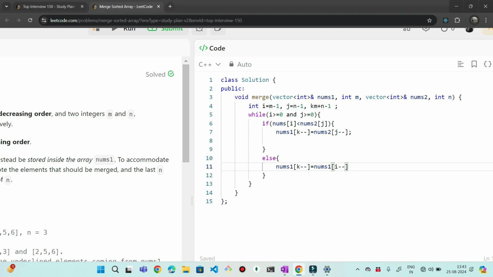Naturally, if we have exhausted all the possible elements from nums2, then we are done. We don't have to do anything. But if we exhaust all the possible numbers from the nums1, that means we have some numbers remaining in nums2. So what are we supposed to do? We simply copy all the elements from nums2 and put them into correct location based on the index k. So let's do that. So we can see that while j is greater than equals to 0, simply put all the elements from nums2 of j minus minus, and we need to put them into nums1 of k minus minus.